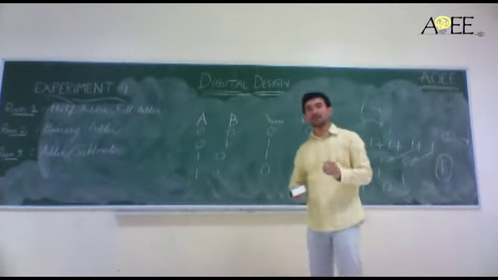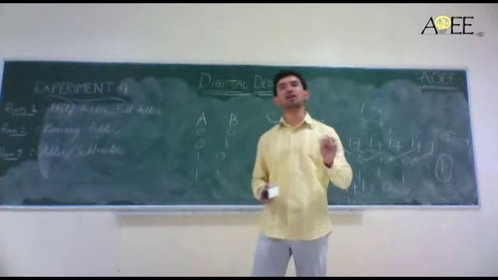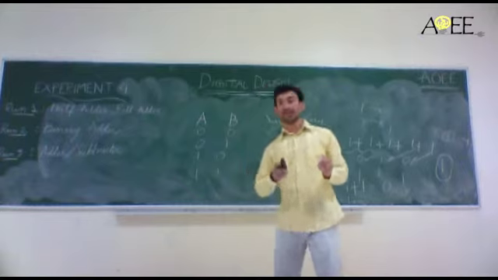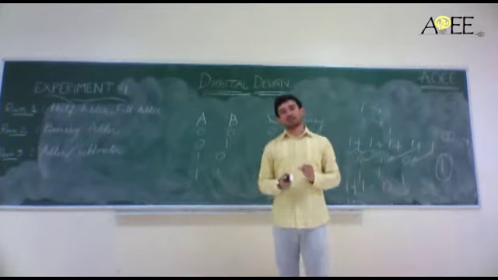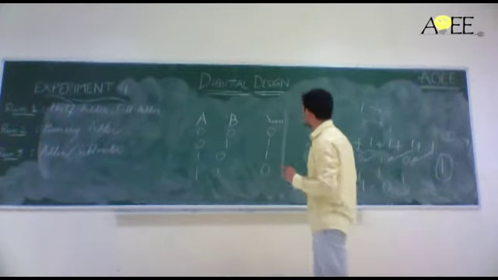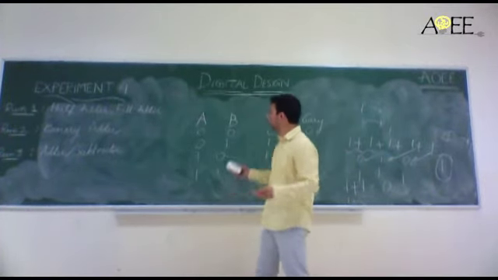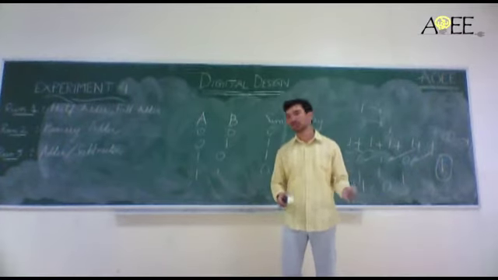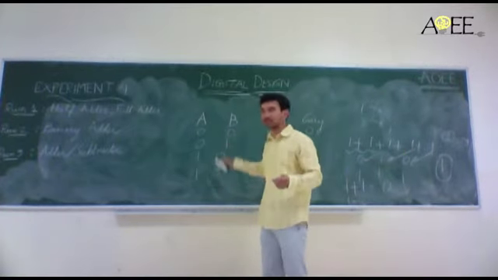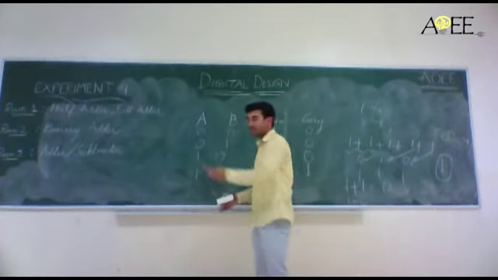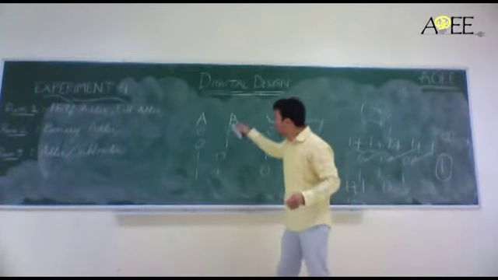So my idea is that if you have an even number of ones, then the output is 0 for sum, and if you have an odd number of ones, then the output is 1. So in general, the sum function is actually the XOR function. Next comes the carry. The carry is actually the majority function. Majority function means that if the majority of bits are 1, then the output is 1. Majority obviously means greater than half, or in this case, for it to have a majority, both of them should be 1. The output of the carry function will be 1 only when the majority is 1.